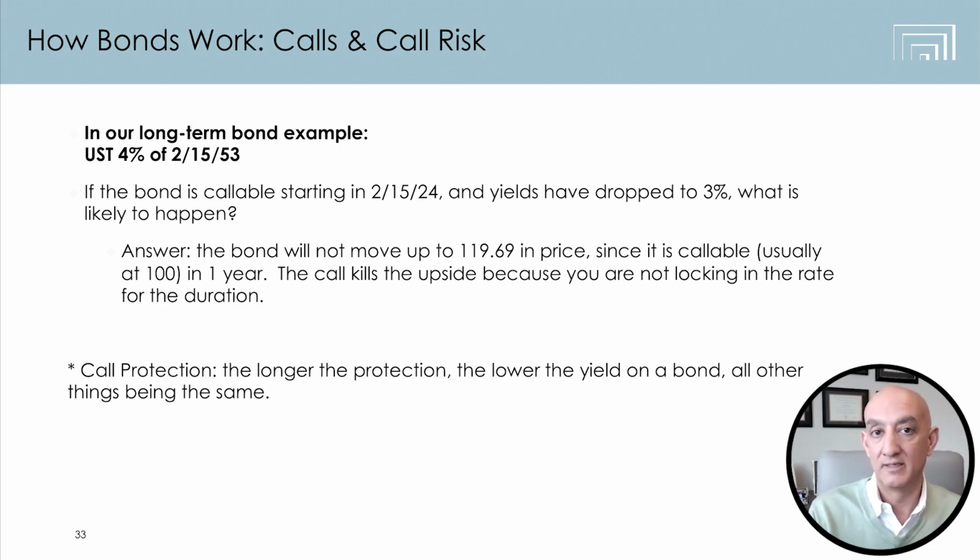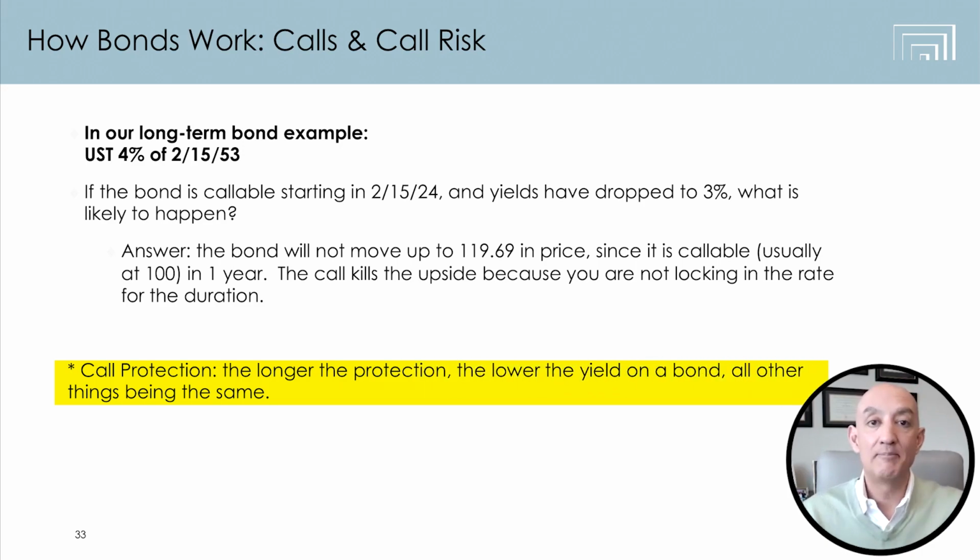So one idea that you need to be aware of when it comes to bonds is the idea of call protection. And that is, when is that bond callable? If a bond is callable in 1 year, you don't have too much call protection. That means it can get taken away from you in a year. If that 30-year bond is not callable for 10 years, at least you've locked that rate in for 10 years. And if that bond is non-callable, you've actually locked it in for the whole 30-year period. So you always want to know what your call protection is.